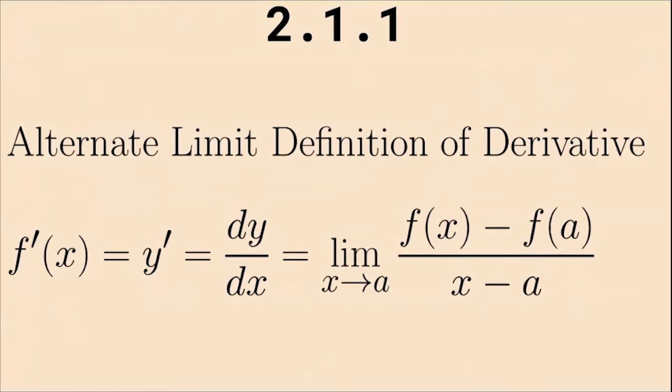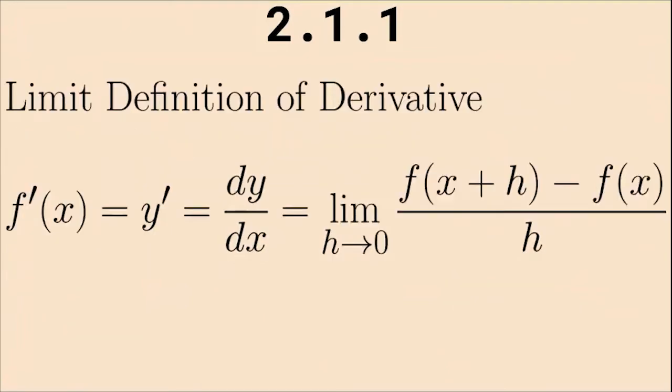The alternative limit definition of the derivative, just make sure you know this. This is really good for finding the derivative at a point. I highly advise not using it if you're trying to solve a problem, unless you have to, okay? Unless the problem is saying you have to use the alternate limit definition of a derivative. But again, it's still change in y over change in x. It's just now x is approaching a versus this other one where h is approaching 0, but it really is